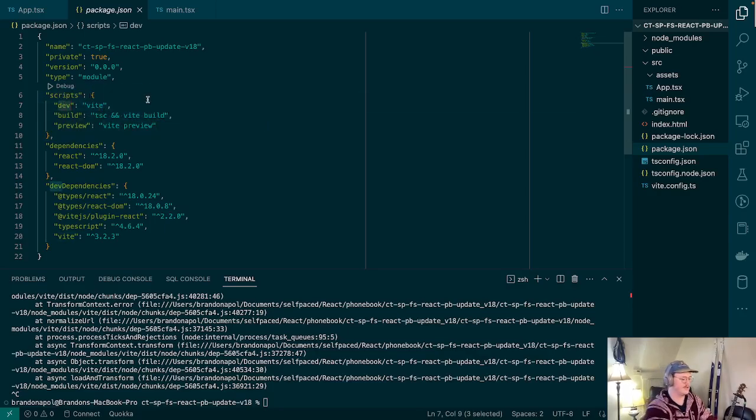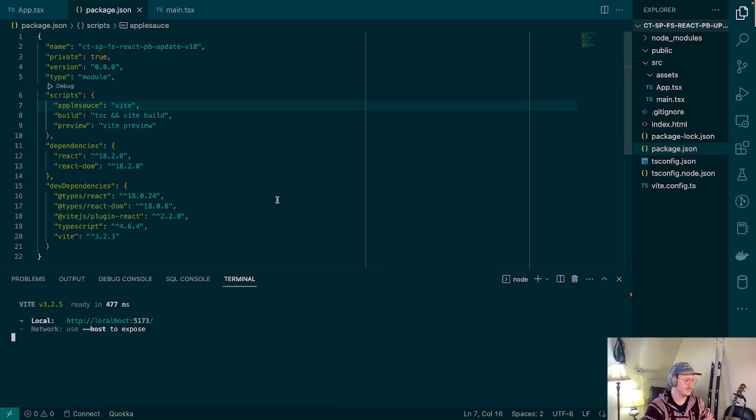But we also could change this to applesauce, and then we would have to do npm run applesauce. And this is nice. It's nice to know that that's what that is, because you can have any number of other commands that you could put in here. You know, like I could have a